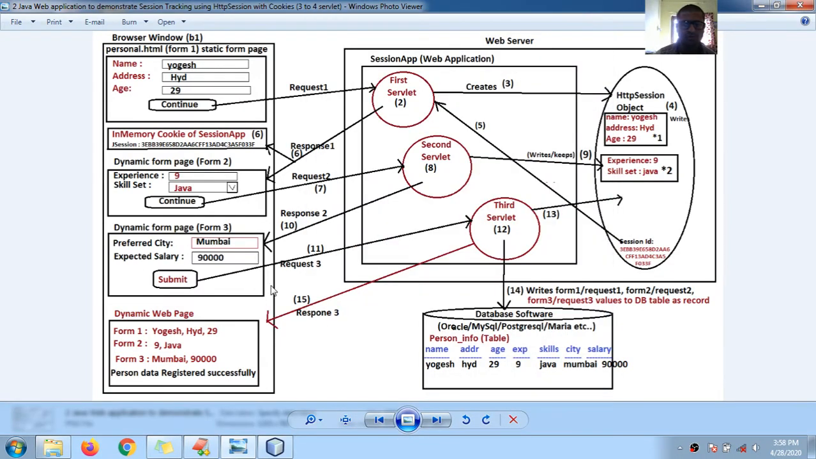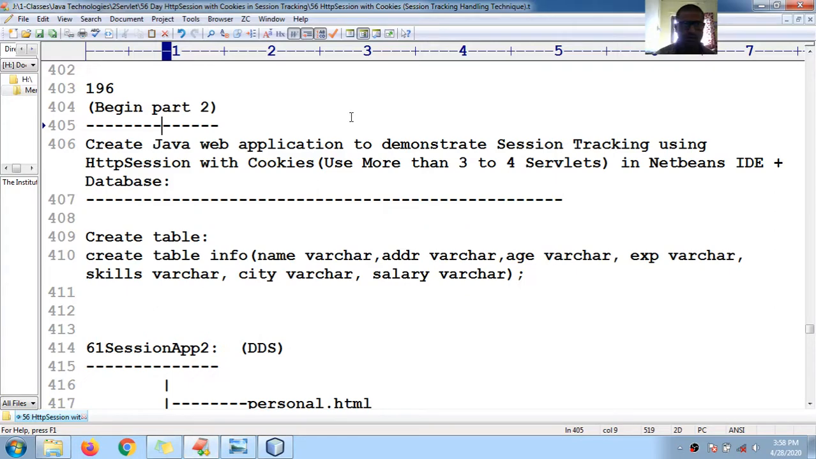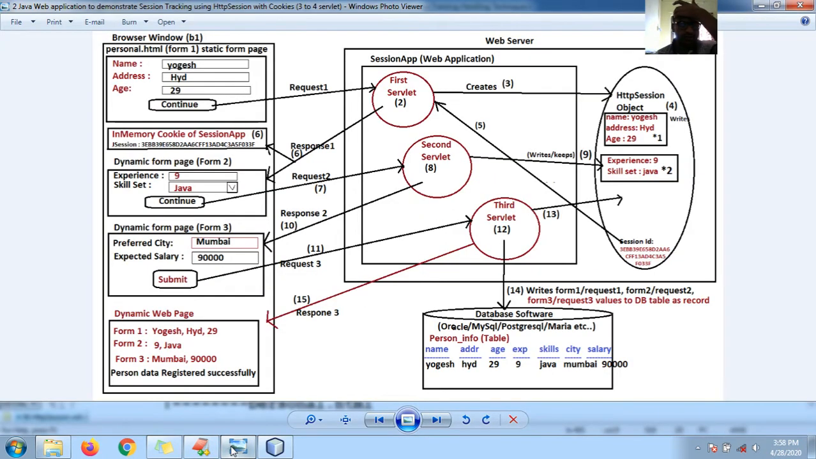Today we shall see a Java web application that demonstrates session tracking using HTTP session with cookies. In this example, we are going to use 3 to 4 servlets with NetBeans IDE as well as database software. In the last session, I went through the explanation of this diagram, which contains a browser window and